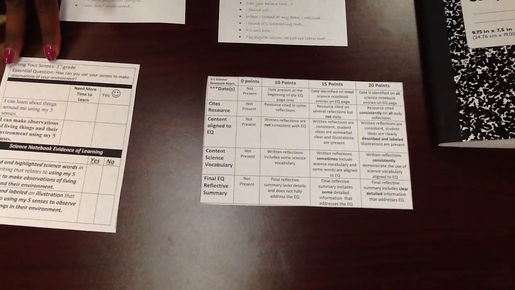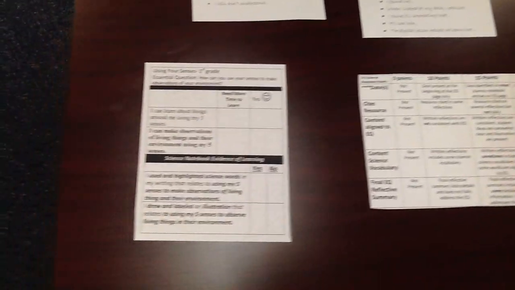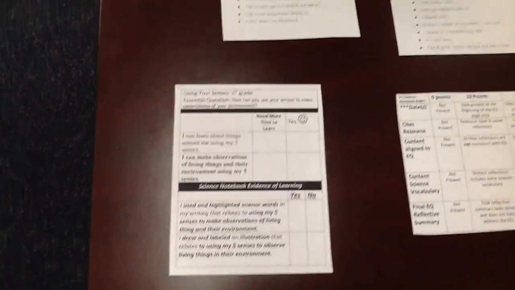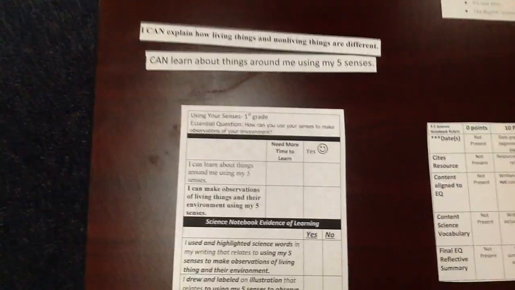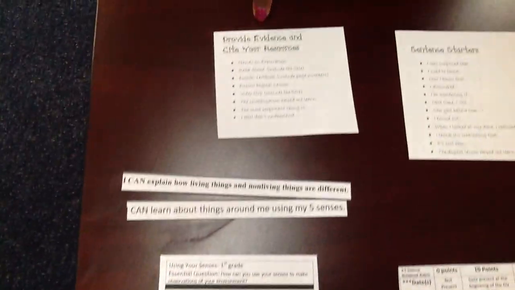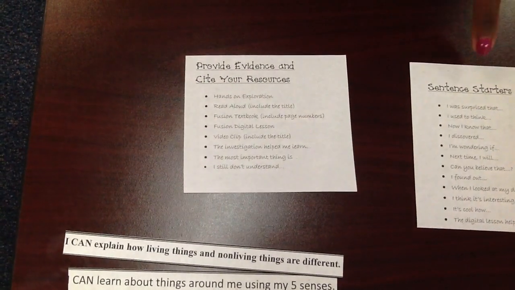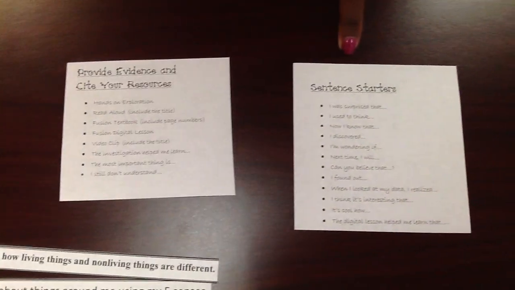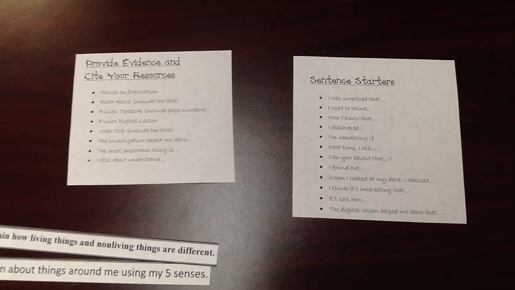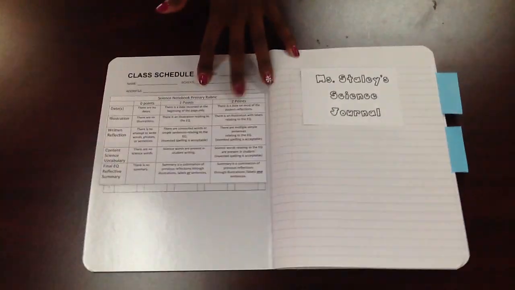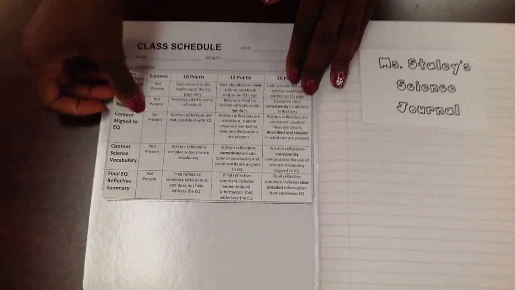And for each workshop, you're going to have success criteria and I can statements. Two other pieces that I'm going to talk about today are the provide your evidence and sentence starter cards. So let's take a look at a journal. The first thing that you're going to want to do is have the rubrics glued into the student front cover